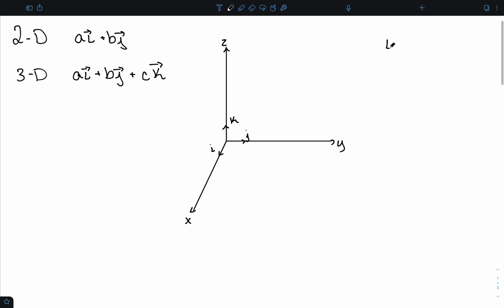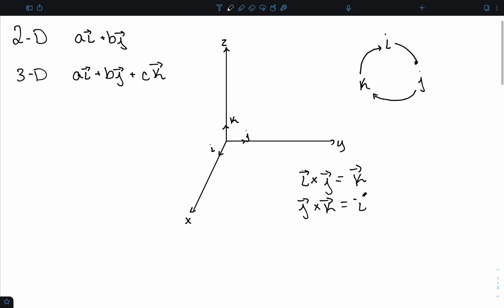One of the easiest ways to do that is to put them in a circle with arrows going clockwise. As we move around this circle, we can determine cross products. So i crossed with j would give me k. j cross k would be equal to i, and k cross i would be equal to j, since all of these move in the direction of these arrows,